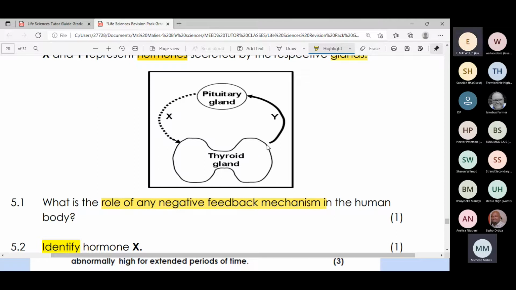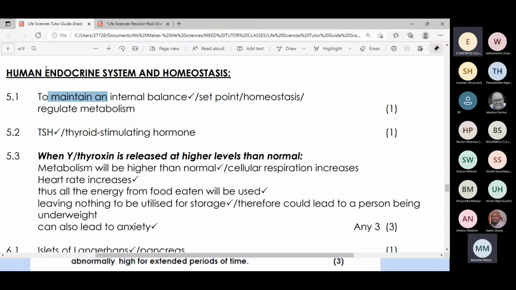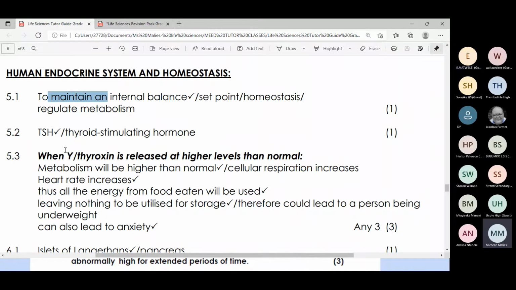And if you put in your diagram which hormone is coming from the thyroid gland, thyroxine, and it's labeled there, then 5.2 would not have been a problem. 5.2 is asking us, identify the hormone X. It's acceptable to write TSH or in full, thyroid stimulating hormone. Now, a clue or a hint, if you're struggling to